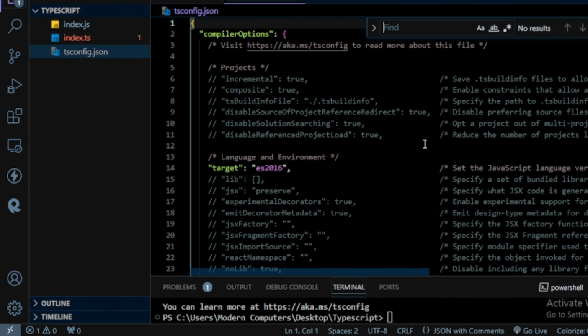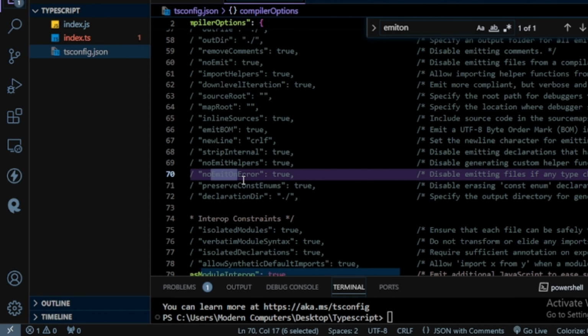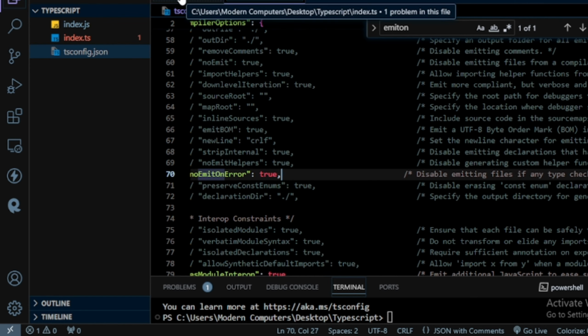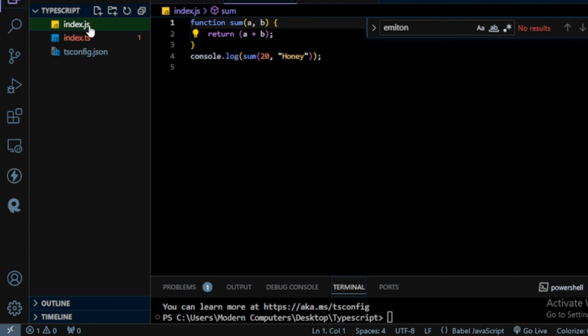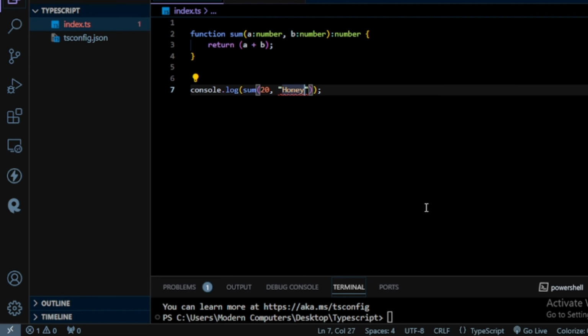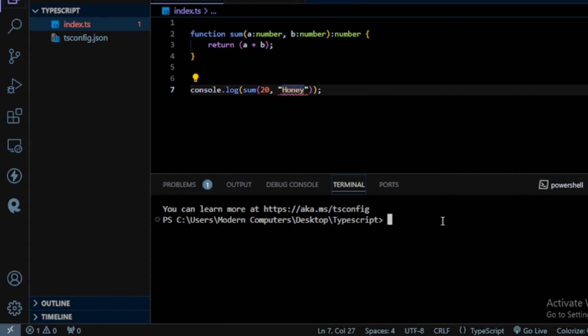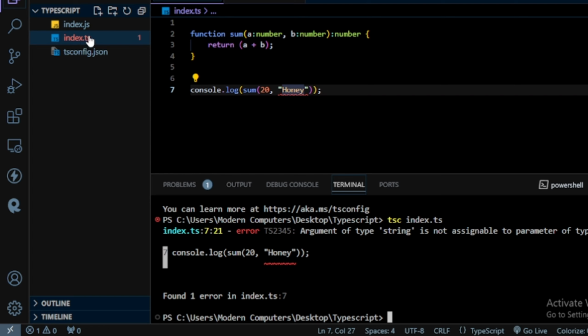here I write emit, and here you can see noEmitOnError. We uncomment this and save the file, and now I go to the index.ts file, and again I delete this index.js file. Okay, now I open the terminal, and this time I write tsc and press enter. If you write tsc index.ts, it generates a TypeScript index.js file. You can see it generates again an index.js file, but this time you should not use the index.ts file name. Okay, you simply write, I delete this index.js file,